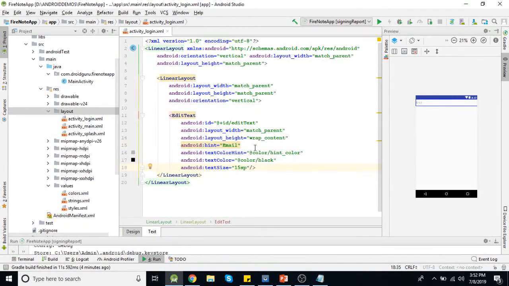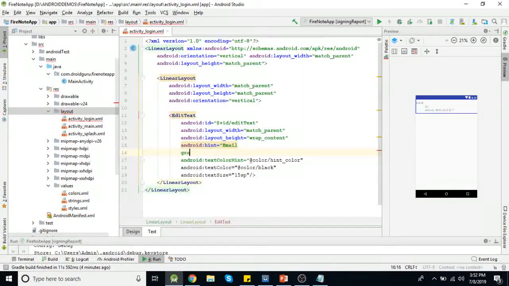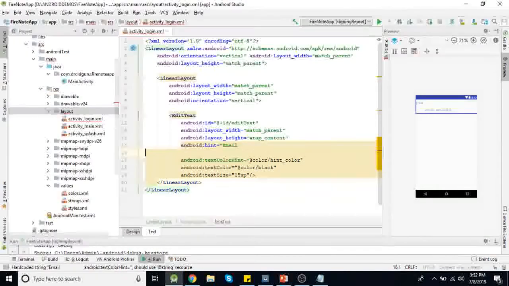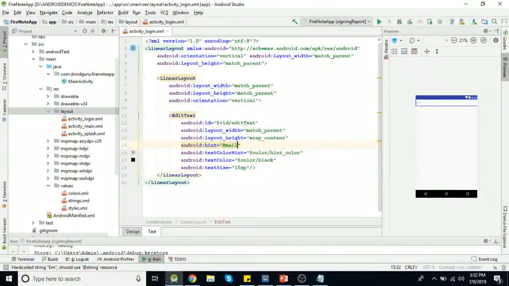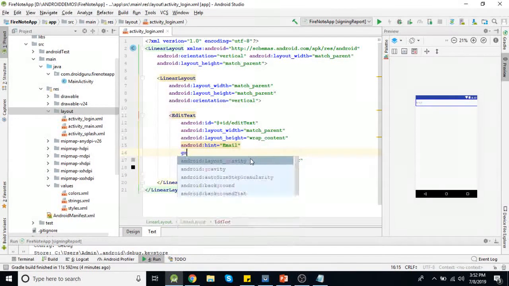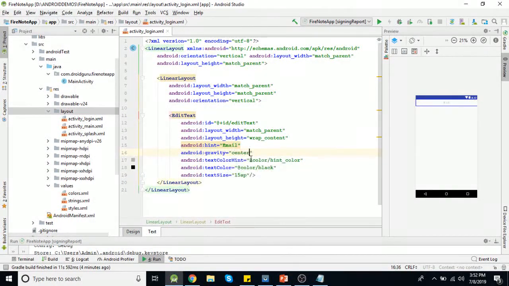And we'll add gravity as center, and let's give it the id edit_text_email.